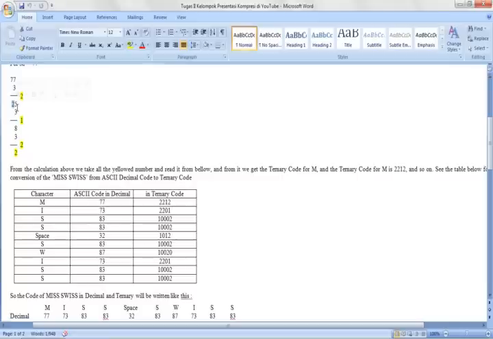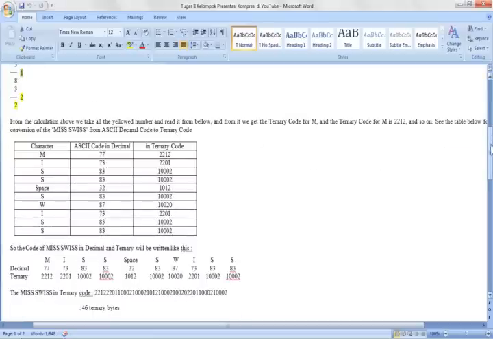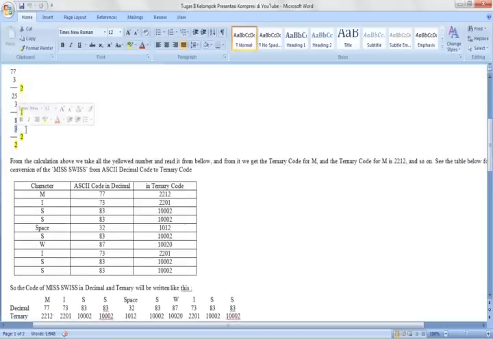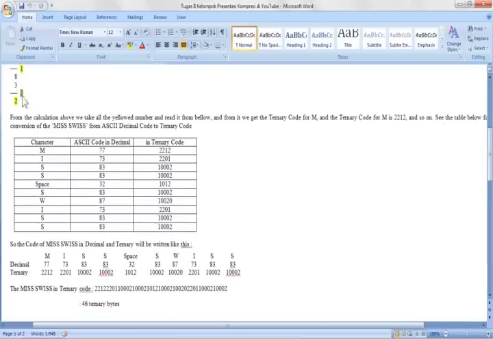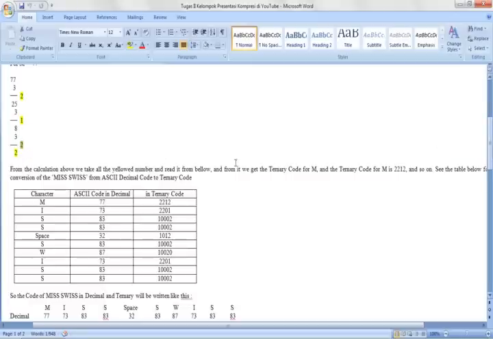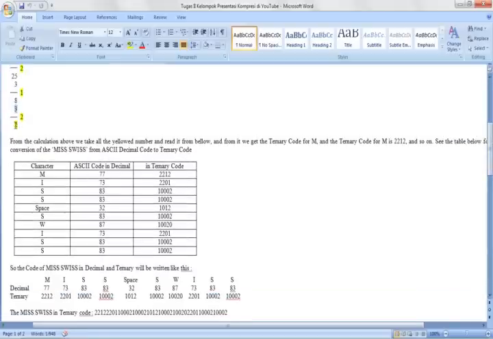After that we divide again by 3 and get 8 as the quotient and 1 as the remainder. Then the 8 is divided again, producing 2 as the quotient and 2 as the remainder. We do not divide the 2 by 3 once again because it would produce 0 as the quotient.